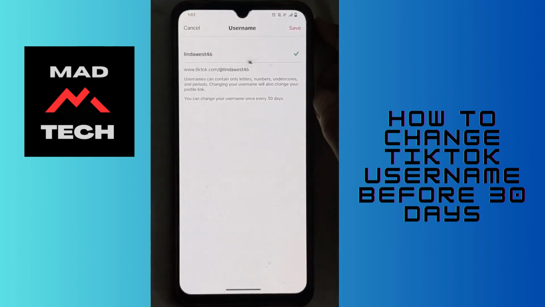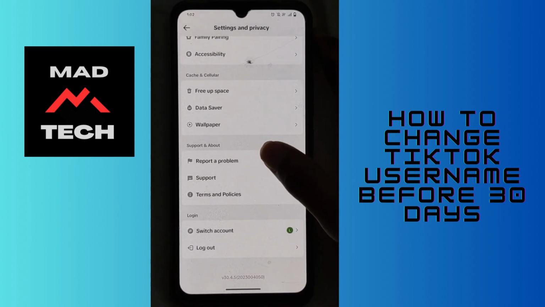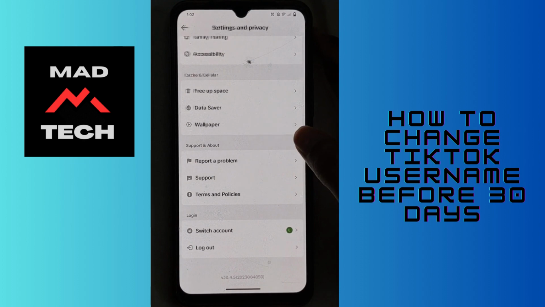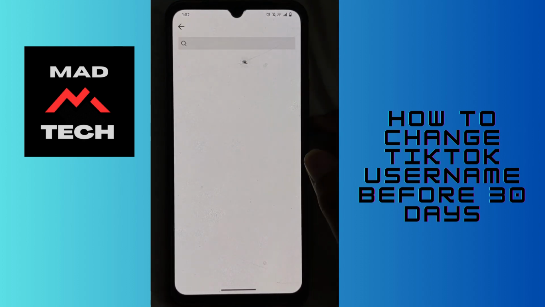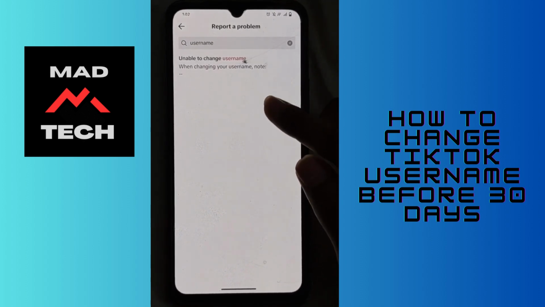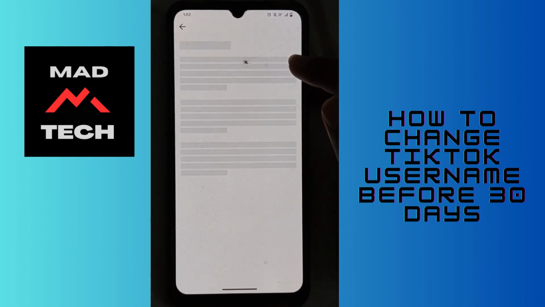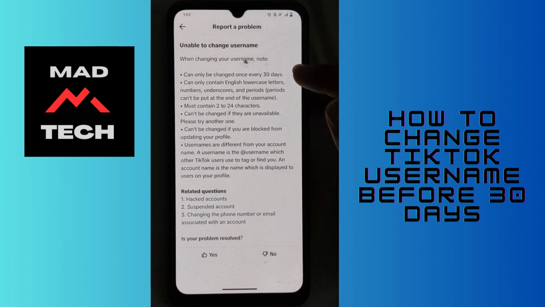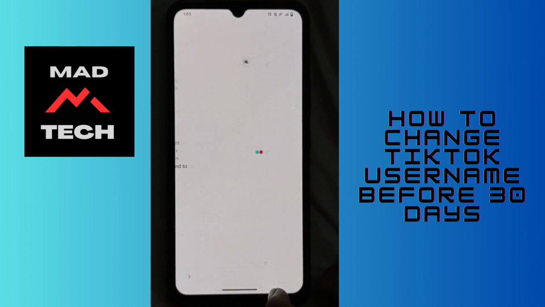You can simply go back, and if you scroll down, here you will have report a problem option. You can simply tap on that, and now on the search bar you have to search for username, and here after searching you will have unable to change username. You can simply tap on that, and now tap on no, and then you will have need more help. Tap on that,